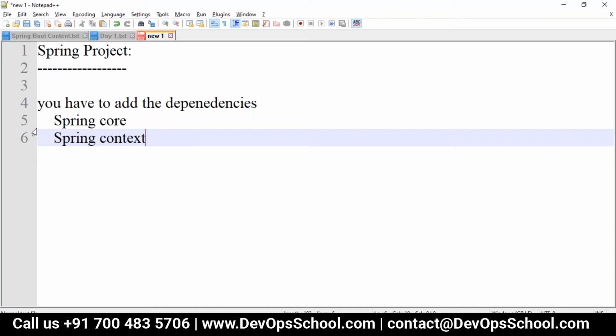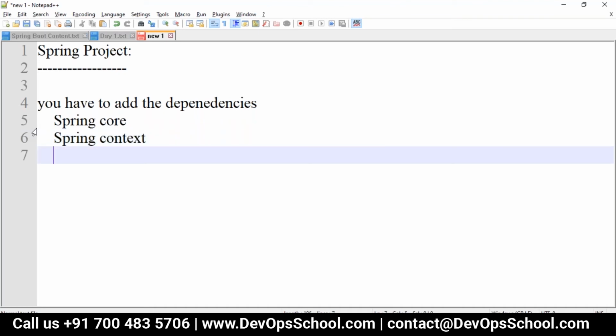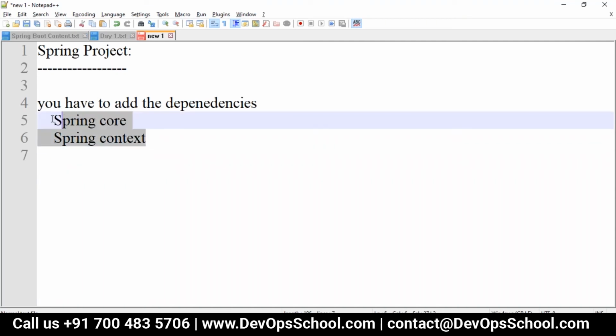These two libraries are required to work with Spring. Inside Spring core itself, we have four modules: core module, beans module, context module, and Spring expression module. So to get all the modules, we go with these dependencies.